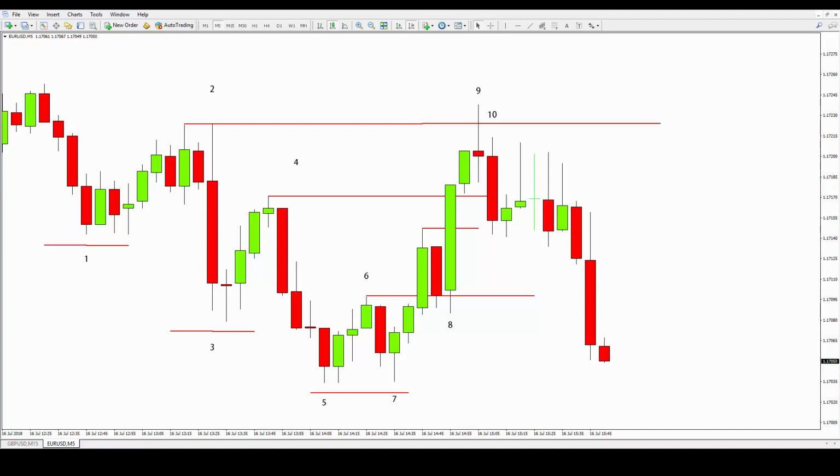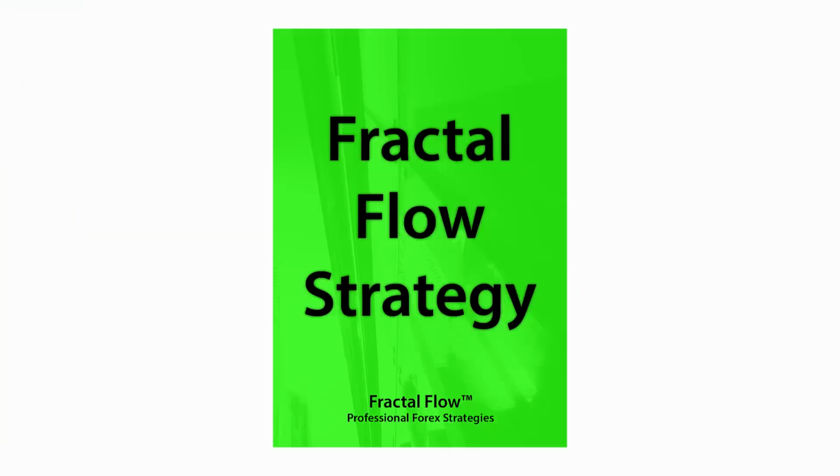They are simply reacting. In the fractal flow strategy, we have a few ways of taking advantage of these manipulative maneuvers without needing to understand the full mechanism behind them. We can do that by analyzing the discrepancy between raw price action and the driving momentum of price within the layer of fractal analysis. If you have interest in learning how to trade using the fractal flow strategy, check out our strategy store in the video description.